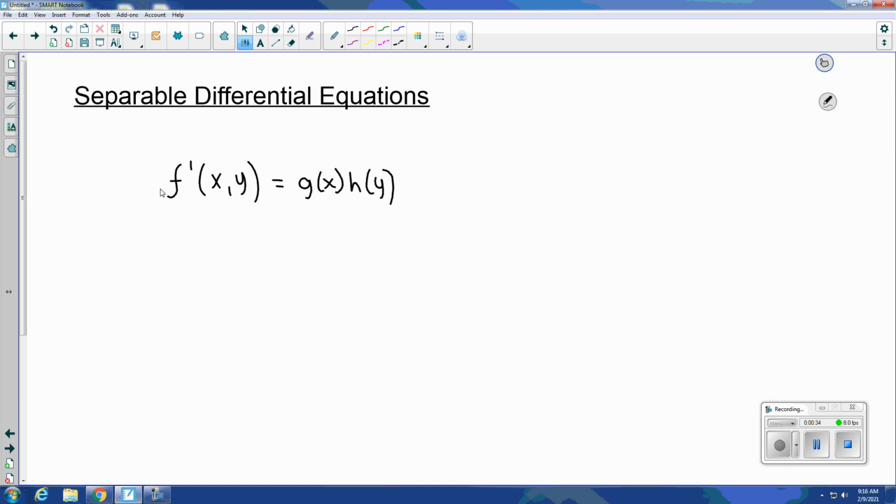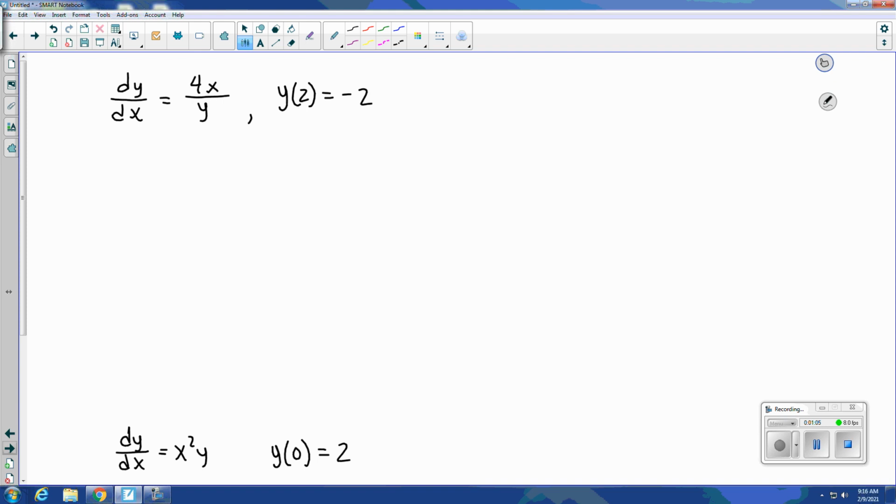Now, why do we want it to be separable? Because separating the y's from the x's will allow us to solve these differential equations. Now, this is a very specific type of differential equation, and this is the only type that we're going to look at in this course. There's a whole course in undergrad dedicated to differential equations and solving various types and using various methods, but separable differential equations is what we're going to look at in this course. So now, let's just jump right into an example, and then at the conclusion of the video, we'll summarize the